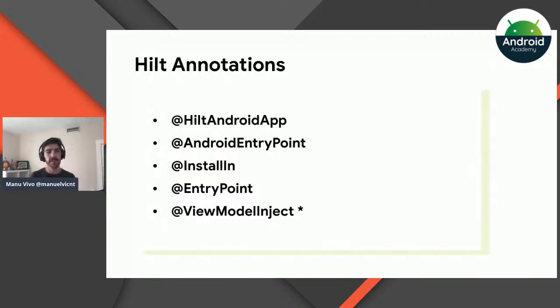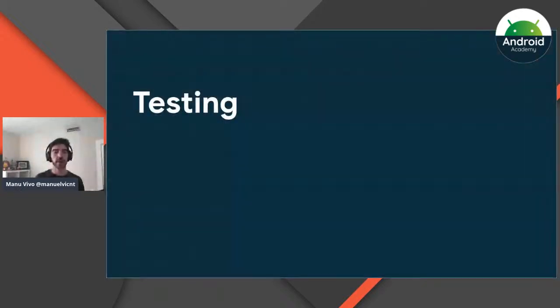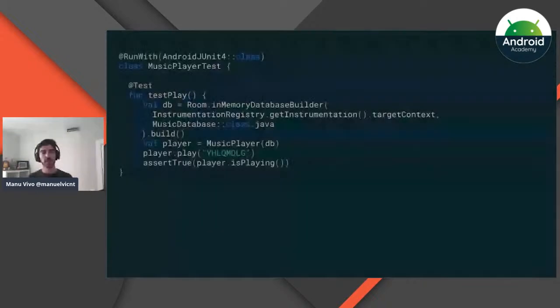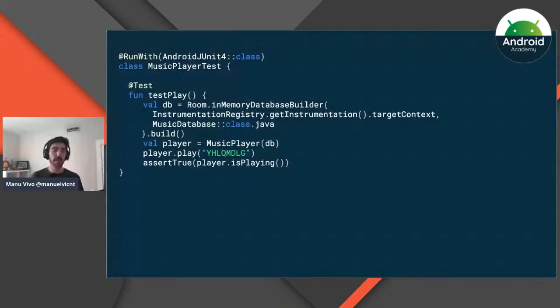Okay, so I have a few minutes, 5 minutes left, so I'm going to quickly go through testing. And with testing, something similar happens when you are writing your manual tests. So for example, in case we wanted to build the music player, now in your test, you have to create all the classes again. And you have the same problems that you had before doing manual dependency injection, creating everything manually. And that's going to be hard. Not in this particular use case with the music player, because it has only one dependency, but imagine if this gets more complicated and you need to pass more dependencies.